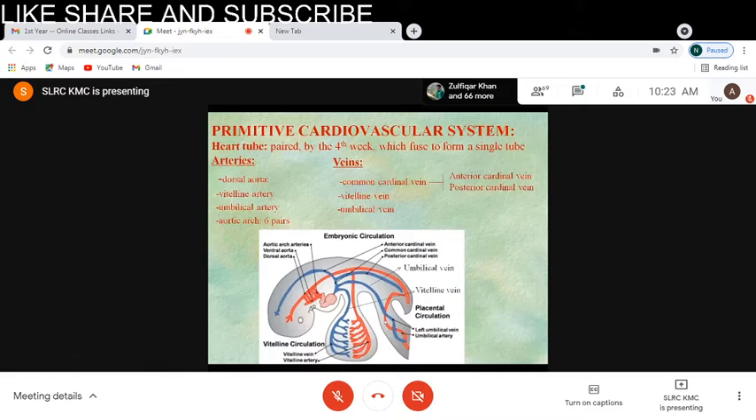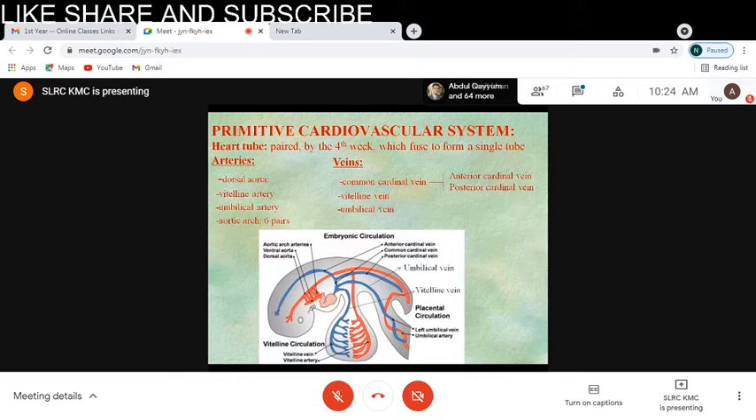समझ आई कि नहीं? यस सर। अच्छा, फिर वेन्स पे आ जाएं तो ये आप देख लें, एंटीरियर कार्डिनल वेन जो अपर पार्ट ऑफ द बॉडी से ला रही है ब्लड, ये पोस्टीरियर कार्डिनल वेन जो लोअर पार्ट ऑफ बॉडी से ला रही है। देन इज द कॉमन कार्डिनल वेन जो इन दोनों के मिलने से बन रही है, एंड द कॉमन कार्डिनल वेन इज आल्सो रिसीविंग द अम्बिलिकल वेन एंड द वेटलाइन वेन। Actually, these veins they open separately into the sinus venosus, जो आगे मैं आपको बताऊंगा।